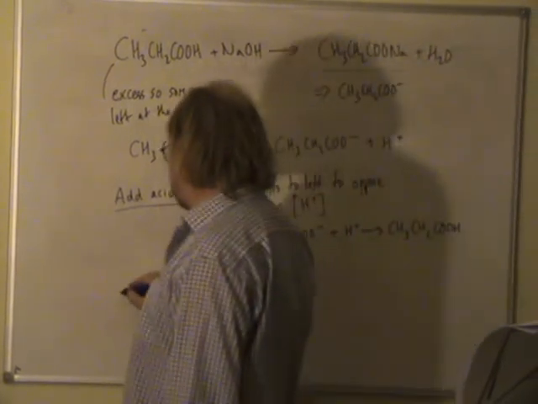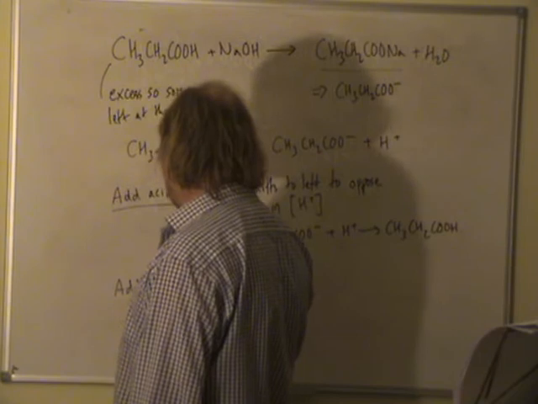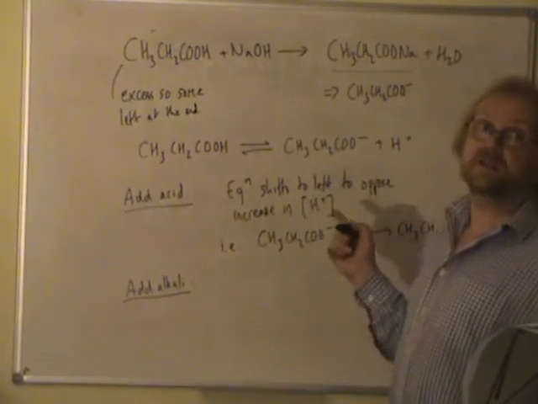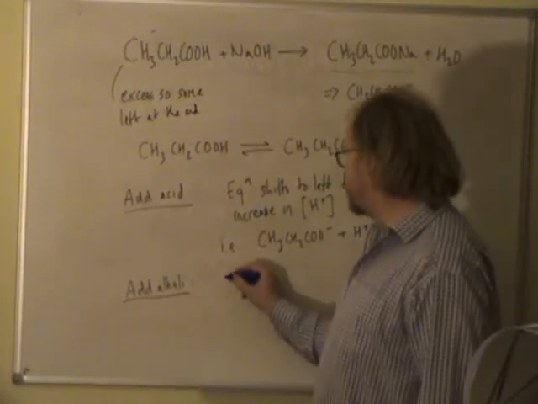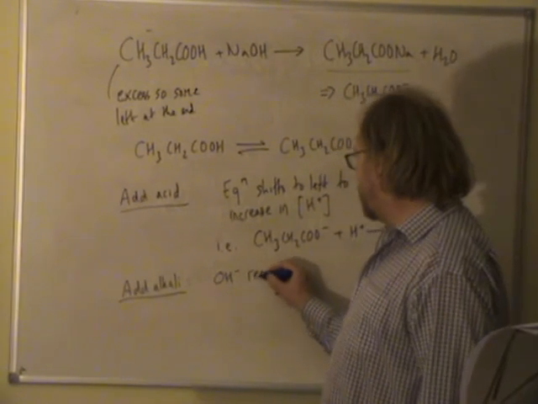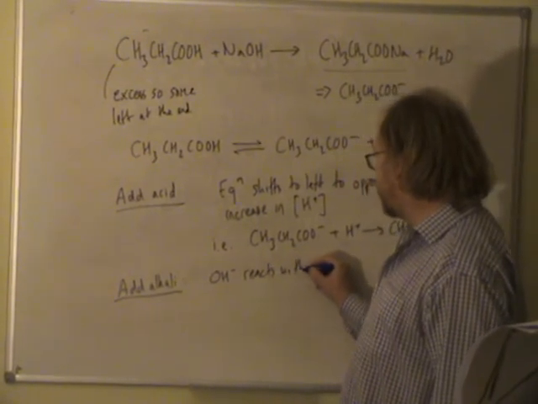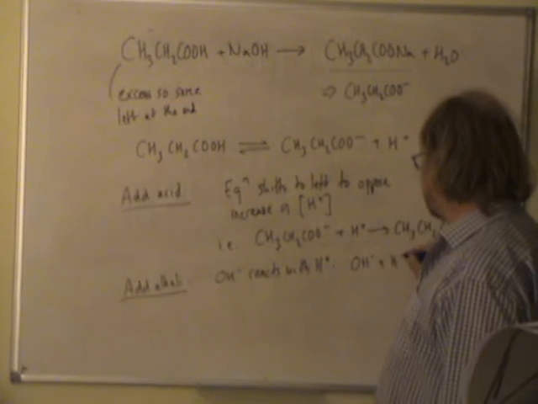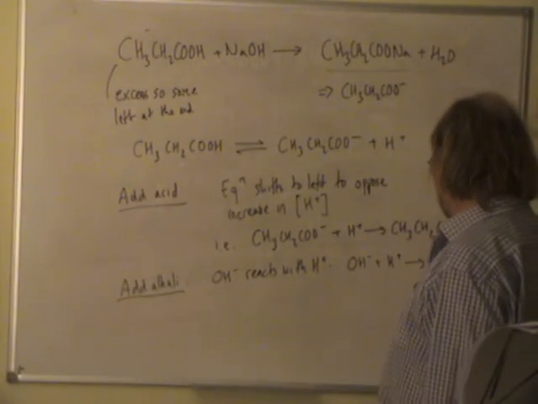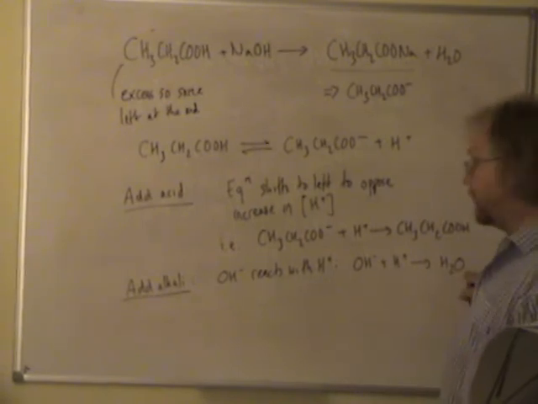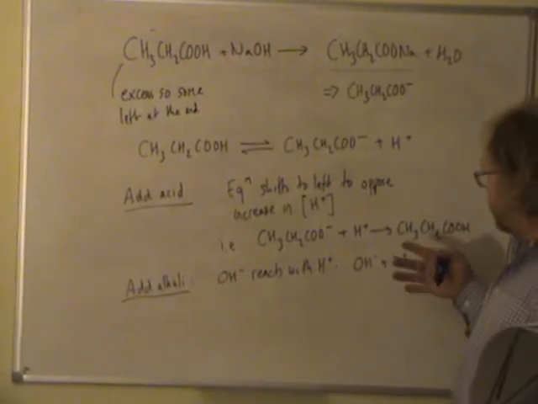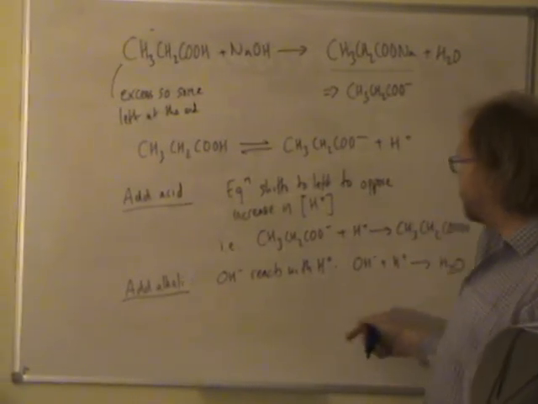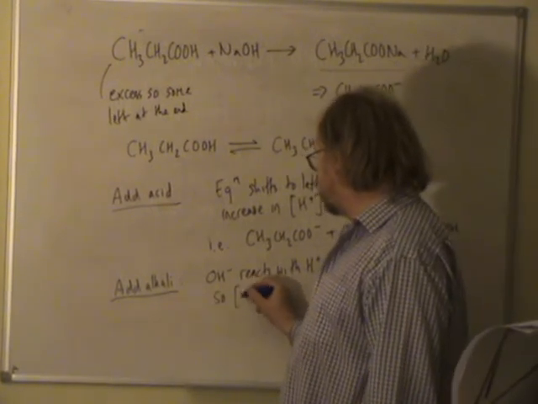With added alkali, it's just slightly more tricky, because when you add alkali, you're adding OH minus, and there is no OH minus in that equation, so you've got to explain how it's relevant. And the relevance is that the OH minus that you add reacts with H plus, and again, write the equation for that. Dead easy equation is just OH minus plus H plus reacts together to make water. But you should write that down as part of your answer to explain why this substance affects that equilibrium, because the effect of that is that H plus drops,